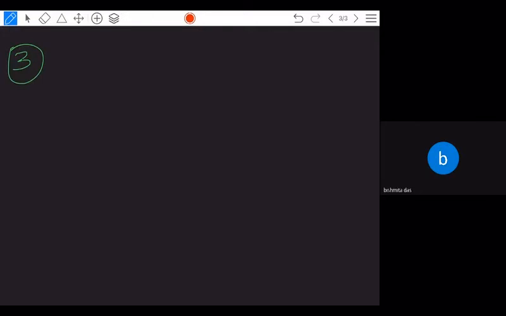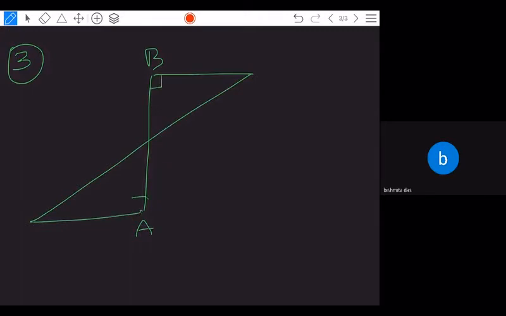See here, like this AB side is given to you. This is AB, and here it is given to you like this. This is 90 degrees. This is 90 degrees. This side is equal to this side. It is given to you. CD bisects the AB segment. So this is CD. This CD is bisecting AB. AB को bisect करते हैं. So that is nothing but this is equal to this one indirectly.